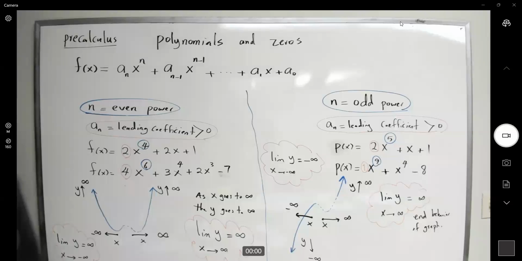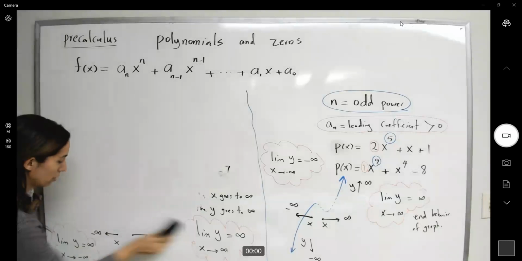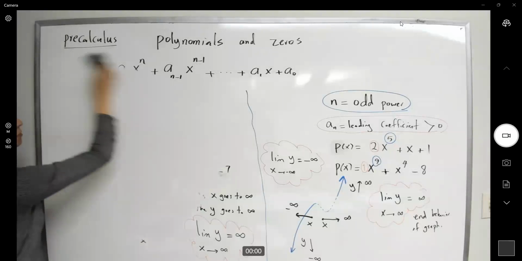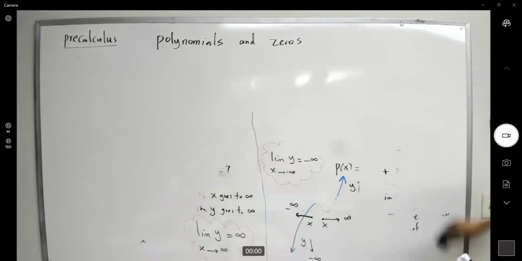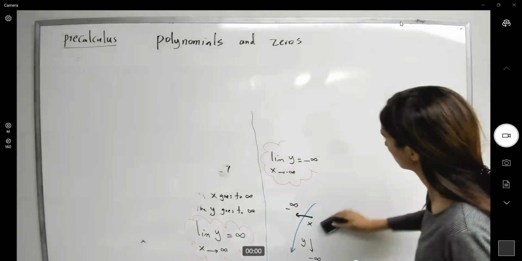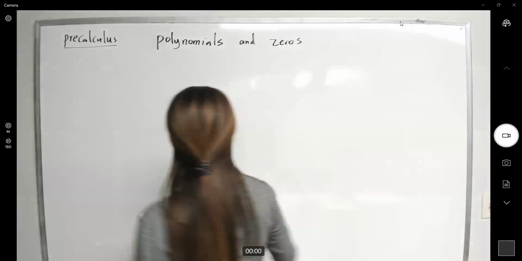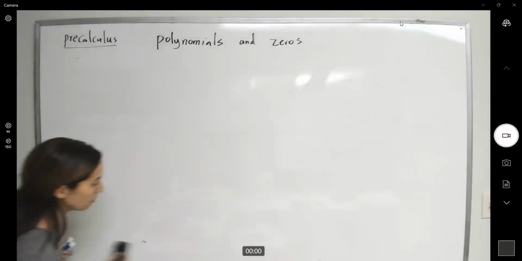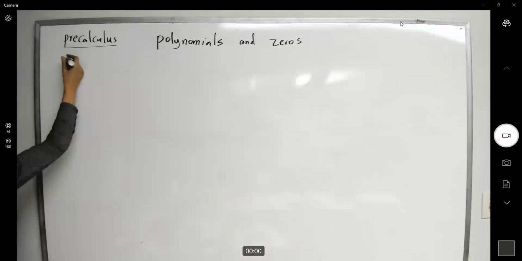Suppose we have a polynomial. Our job is to analyze polynomials today. Suppose we have a polynomial and we are interested in finding the zeros of the polynomial. There you go. Example says,